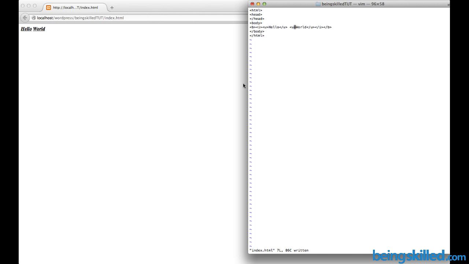These three are the very basic formatting tags. Now we can make it more complex by using strike through,